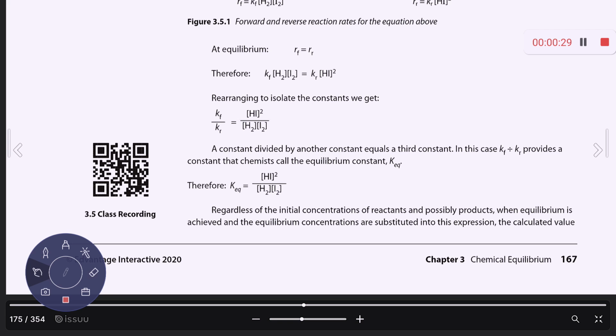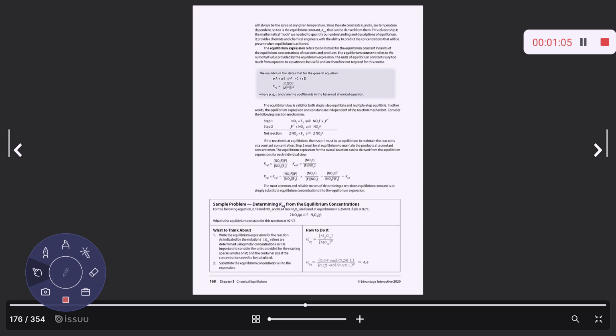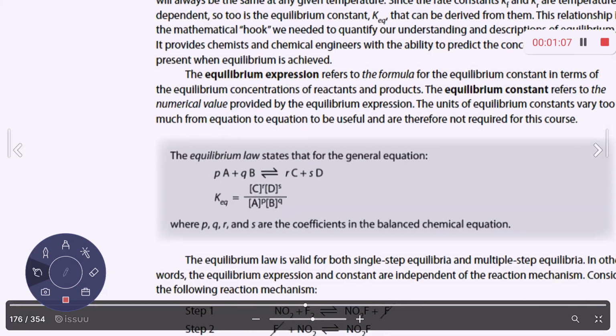I just need you to understand that the equilibrium constant, which is represented by KEQ, takes the forward and the reverse rates and divides them by each other. If I'm looking at a reaction of hydrogen and iodine gases combining to make hydrogen iodide, I would get an expression that looks like this. This comes from taking the concentration of the product raised to the power of its coefficient over the concentration of each reactant. Okay, if you take a look at the next page, this equilibrium expression takes on the general format